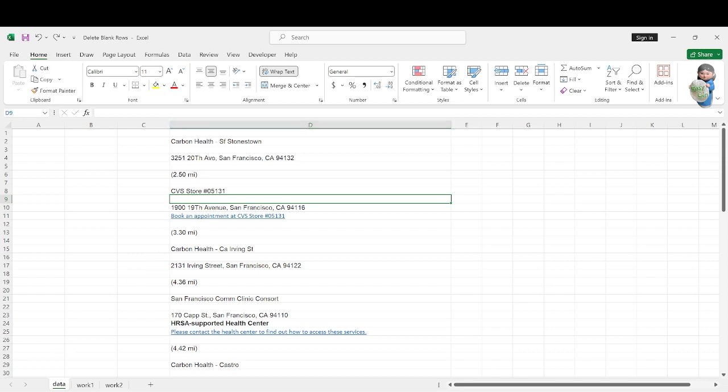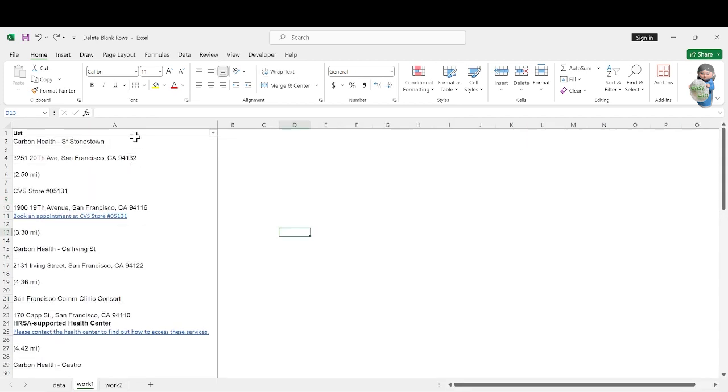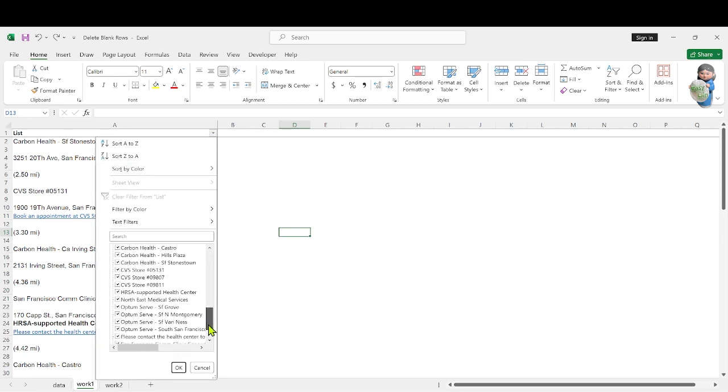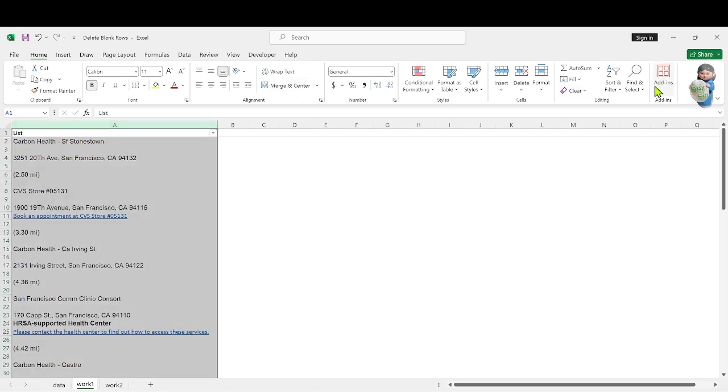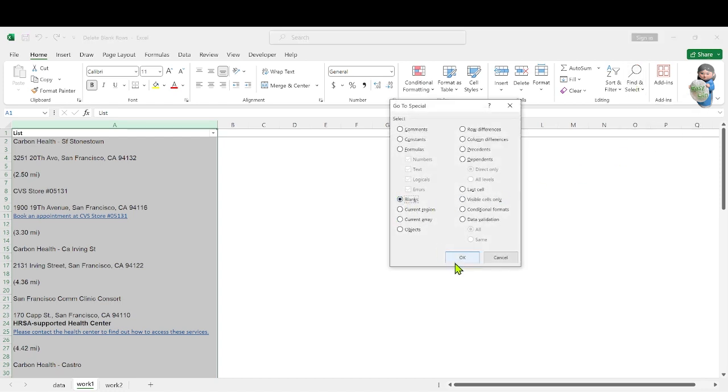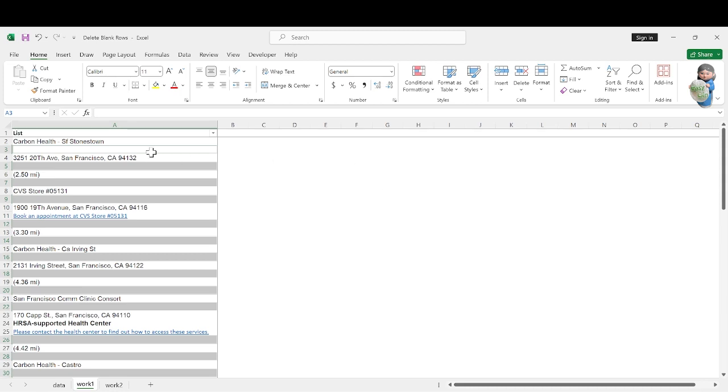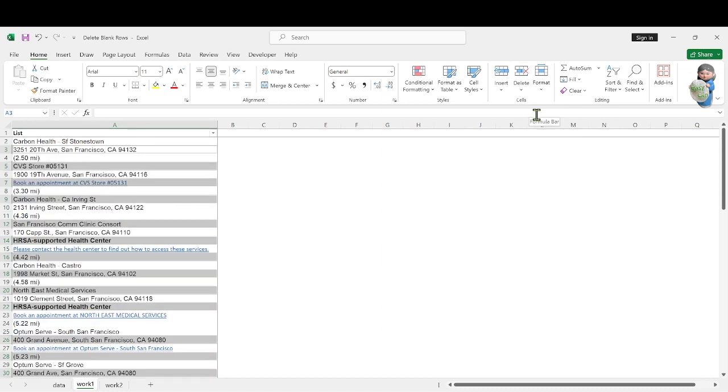I could just filter out the blank rows, like here, filter, and then blanks, right? Or I could just go here, find and select, go to special, click on blanks, okay. It's showing all the blanks, and delete sheet rows. So now you see everything, all the blank rows are deleted. However,